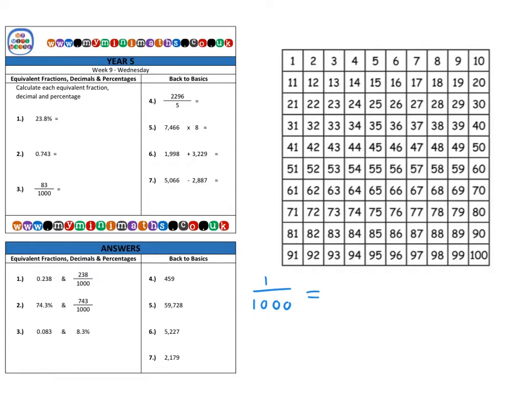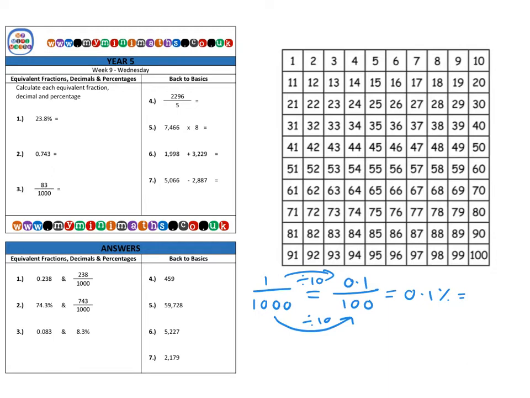Now we know that a percentage is out of 100. So just like with our equivalent fractions, you can see here that we've divided this by 10. So we need to do the same with our numerator at the top. So 1 divided by 10 is 0.1. So 0.1 out of 100. So it's 0.1%. And then as a decimal, if I do it at the bottom, because there'll be a lot